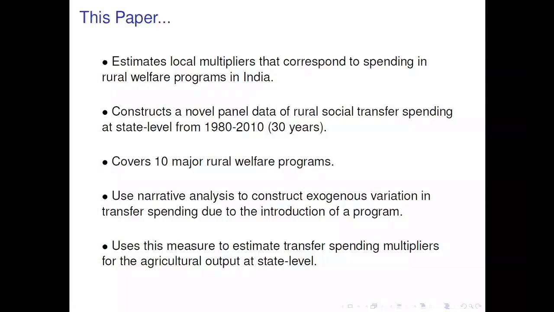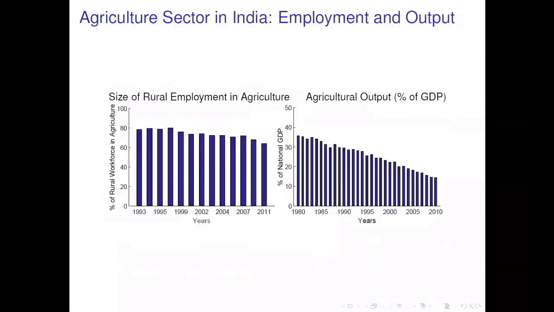Now, why suddenly agricultural output at state level? Well, one, because as we will discuss later, these programs were specifically aimed at rural areas in a state, not urban areas. And ideally, what we would want is to have a measure of rural income at the state level. We don't have that. What's the next best thing? We look at agricultural output, value added.